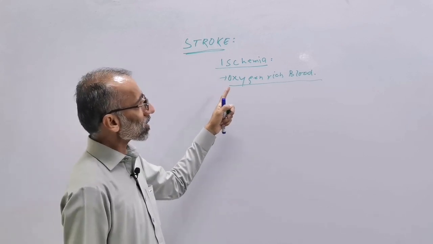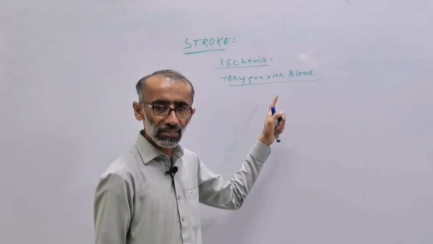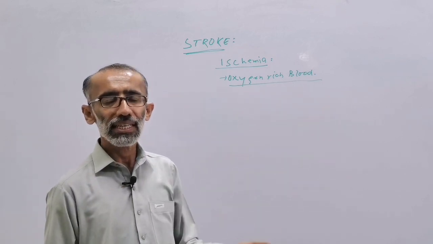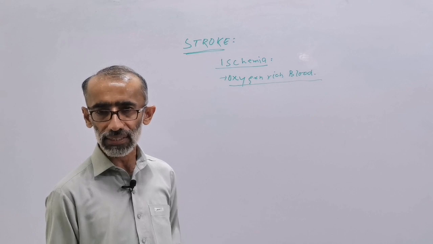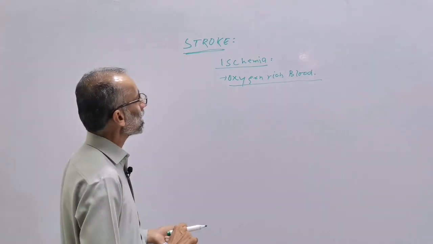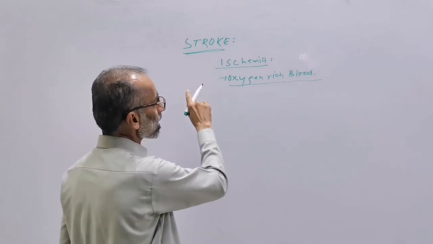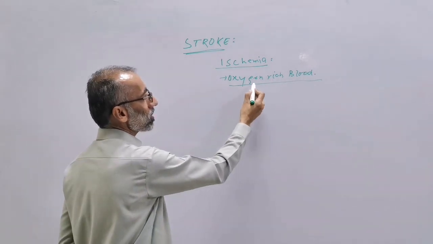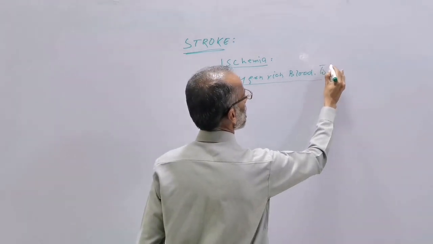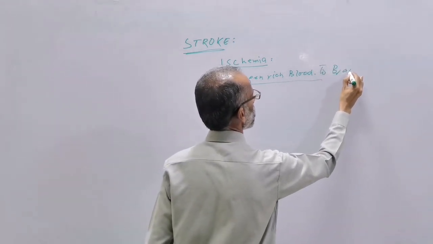If there is reduction of oxygen-rich blood to the cardiac muscle, it is called ischemic heart disease. Similarly, if there is reduction of oxygen-rich blood to the brain tissue,